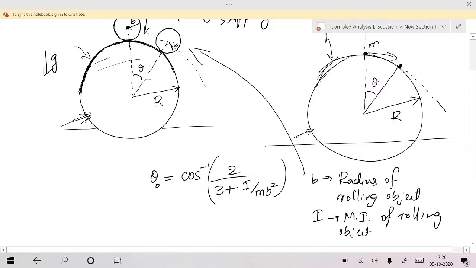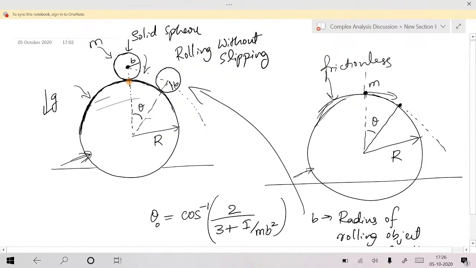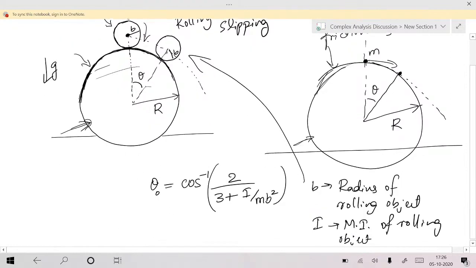You can take moment of inertia about the point of contact also. Okay, there is some idea like that, but again, the formula that I have derived, again using Goldstein ideas, I just applied and cross checked that one. Okay, again with some other problem.